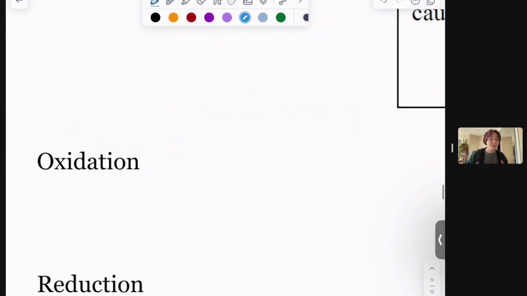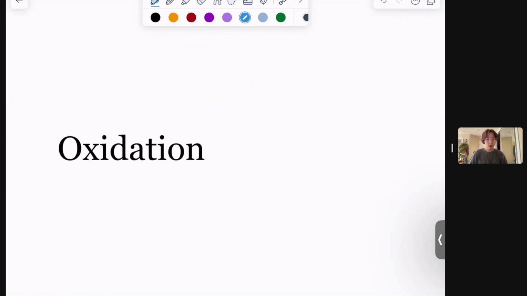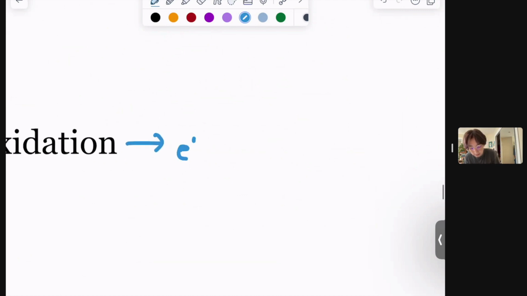So redox just means oxidation and reduction. Those are the two categories of things that have to happen. They're always a pair. If you have one, you always have to have the other. Oxidation: to be oxidized is to lose electrons. Whatever got oxidized is always going to be the element